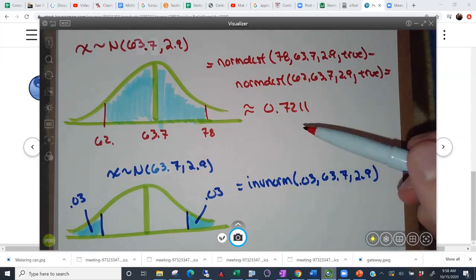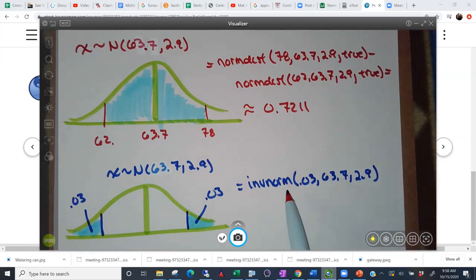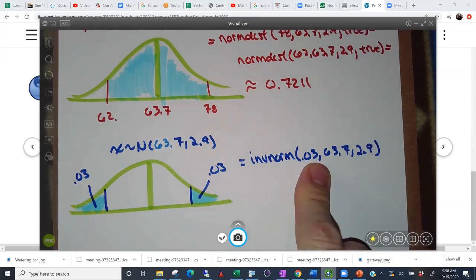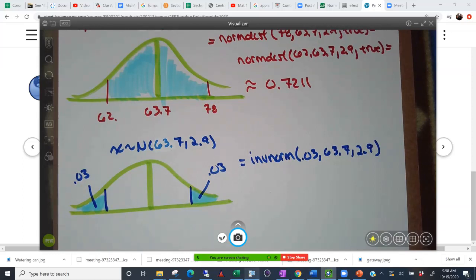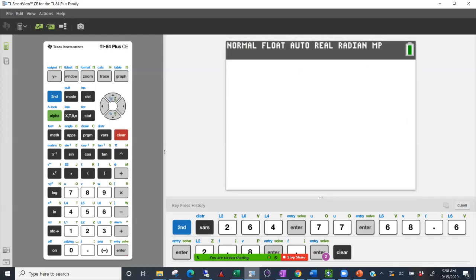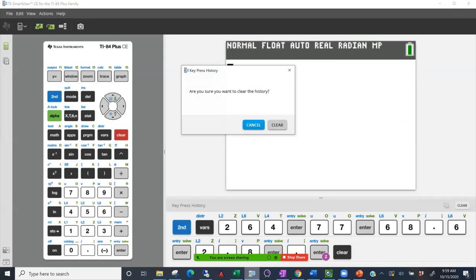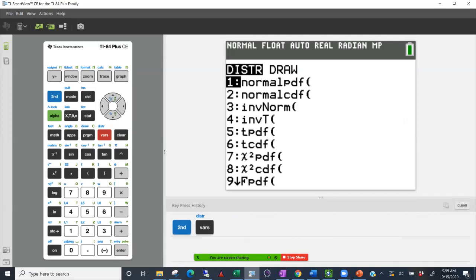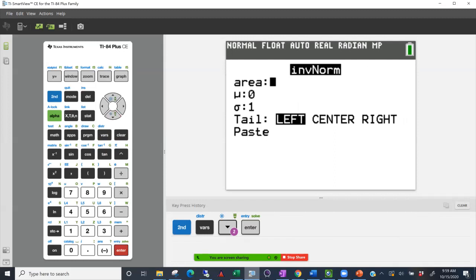Now for the second part, we've got to use our inverse norm command. The first one's easy because it's just the area to the left, which we want to be 0.03. So it's going to be the inverse norm of 0.03, that's our area to the left, then the mean and standard deviation. Let me do that on the graphing calculator and also show you a little trick there. Let me clear out a couple things, it's getting a little busy. Inverse norm is off the distribution menu, so we'll go down to inverse norm, 0.03,